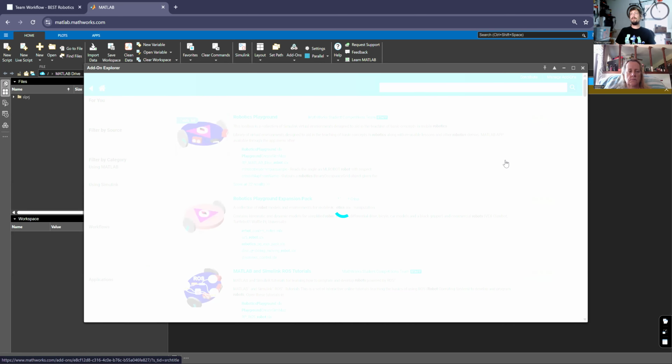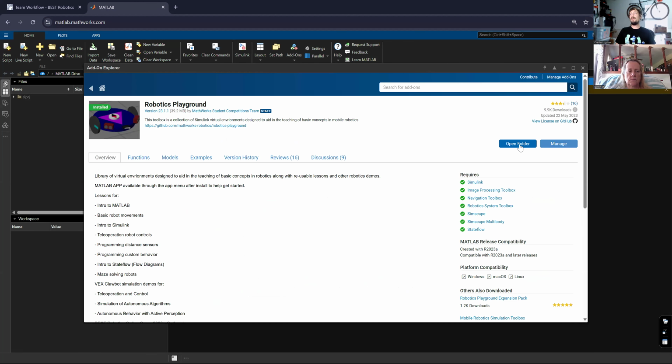And I've already installed it over here in the right. You would have to install it if you hadn't installed it, but because I've already installed it, I can just click open folder. So